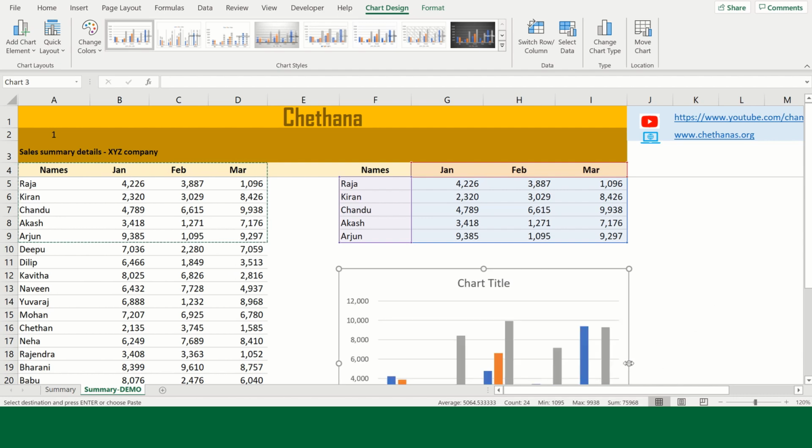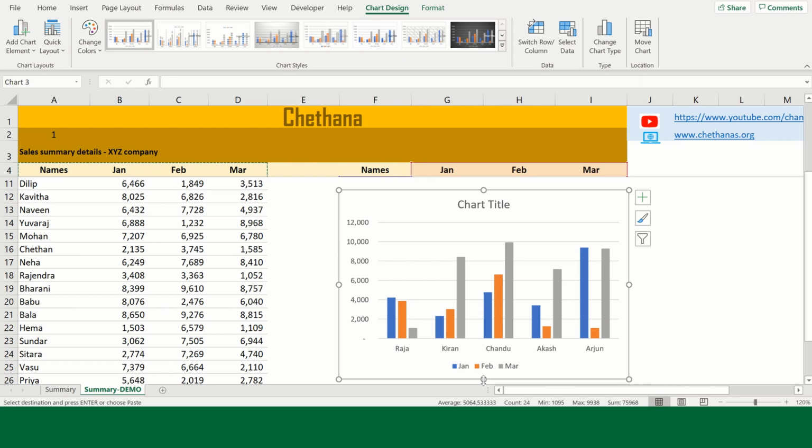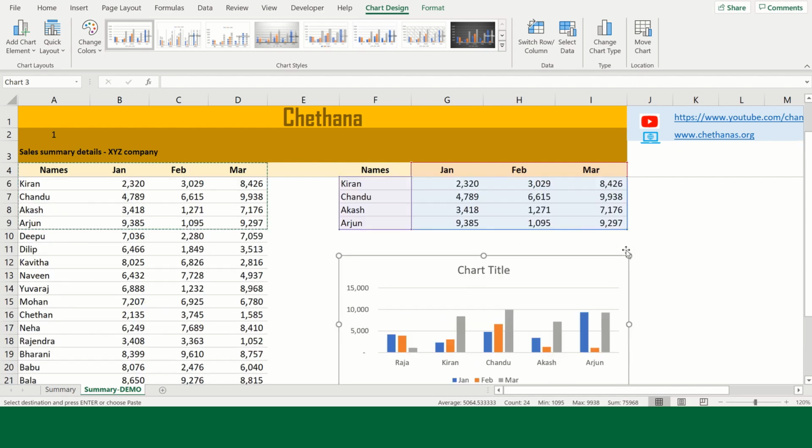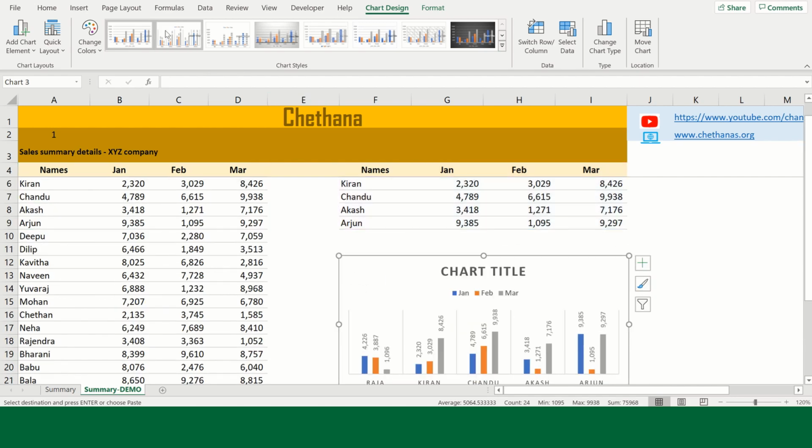Let us give 2 empty rows between the table and the chart, and let's resize this chart. And I'm going to take this second type of chart so that the values and bars are shown at a time. It will reduce the formatting time. I moved the legend aside. At the same time, I'm moving the chart title also to the left.